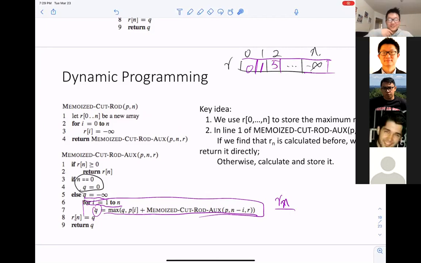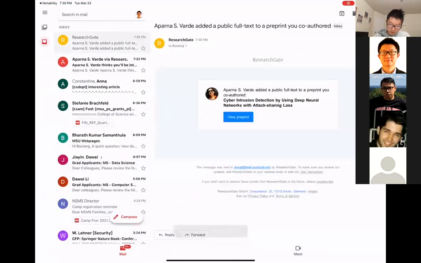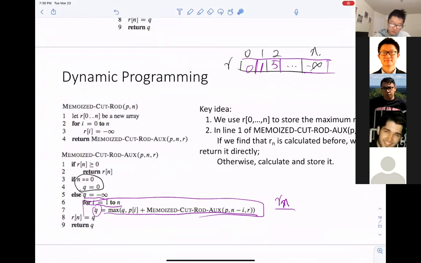Okay, sorry, my daughter just came. So here, after we first calculate the highest revenue for a route of certain length, we store it in the array. So next time, if you want to calculate R2, we are going to stop over here, because next time we have already